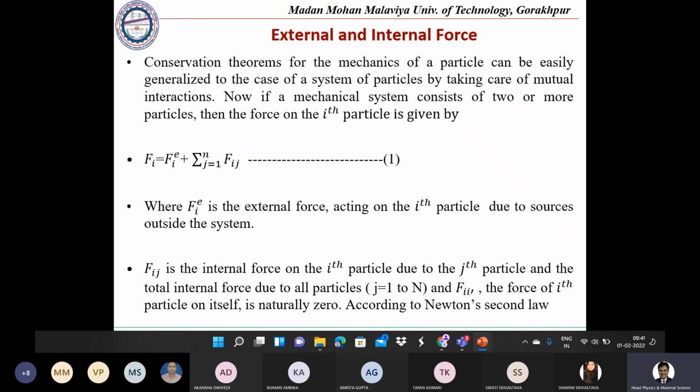Fij is the internal force on the ith particle due to the jth particle, and the total internal force due to all particles, that is j is equal to 1 to n, means that j is varying from 1 to n. And hence obviously if we are considering Fij, then Fij means on the ith particle, j is equal to